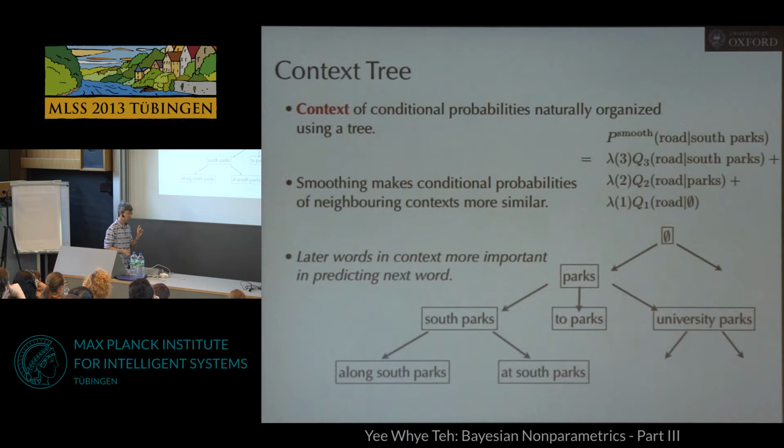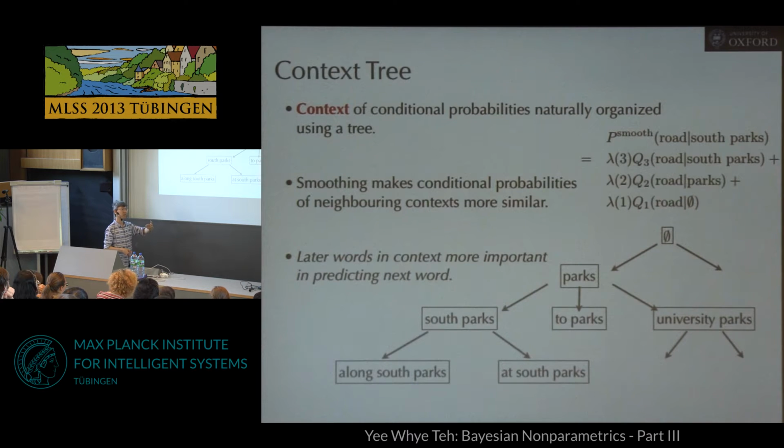Now let's suppose that in our data set, south parks occurs really rarely. Maybe we have not even seen it before. Then estimating the probability that the next word is road given south parks using the count of the number of times road appears after south parks is going to be 0. It's actually going to be undefined, because you've not actually seen that context before in your data set. So what you could do is to back off and say, if I've not seen south parks before, let me predict